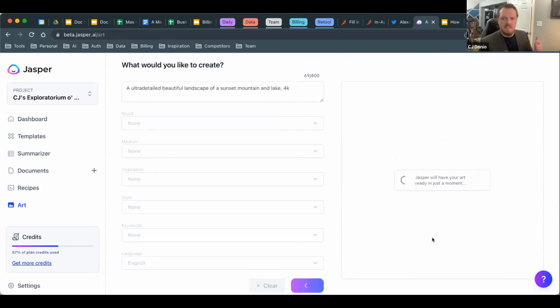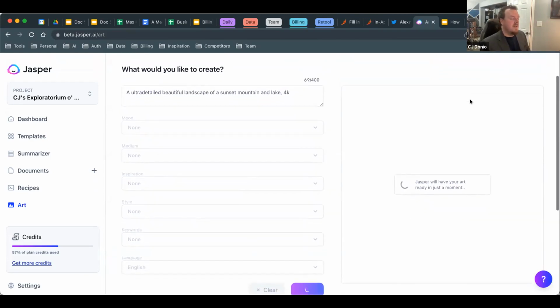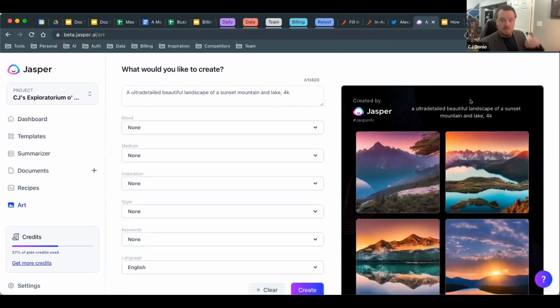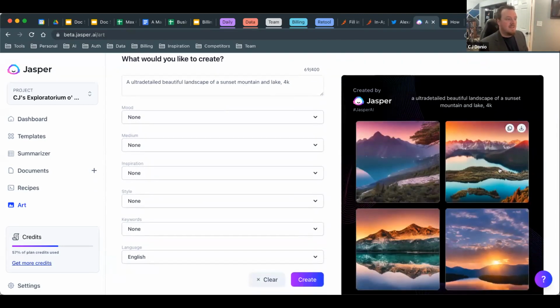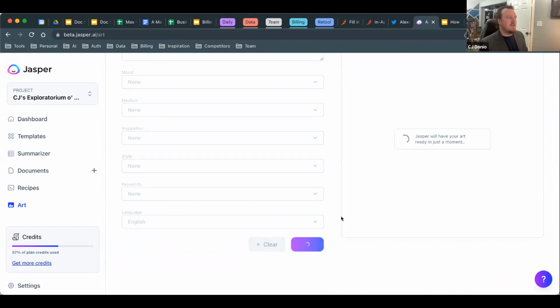So same kind of thing. Think of this as comps. It's going to generate some images. You can just keep going if you're not finding the one that you like. And what I really love, by the way, is up here at the top, you can actually see your history. So if number one was your favorite, but you accidentally went past it, you can totally go back and pull in that image. And then after this generates, I'll also do an example here where I throw in some specific artists. So for example, one of my favorite artist painters is Frederick Edwin Church. So I'm going to throw that in there and show you an example, but you can see here. So this one's kind of cool. That one's not too bad. I like the reflection, not quite meeting my needs. I'm going to just keep going.